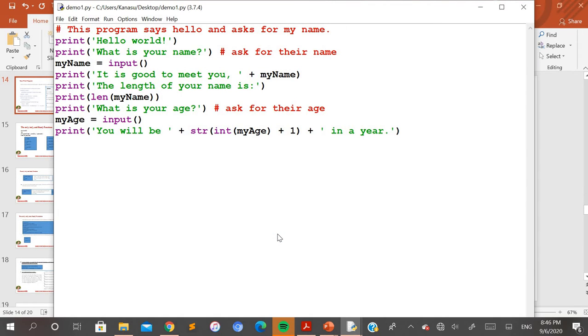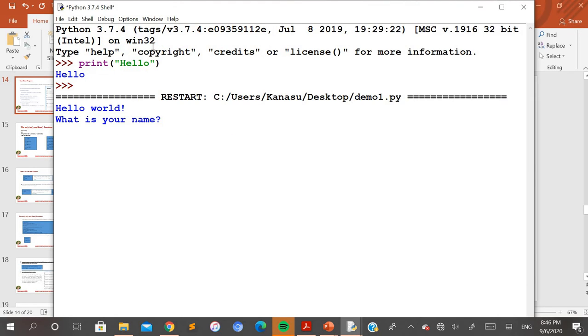So the file is saved. Then next you want to see the result. How to run the program and see the result: the first option is to go to this Run option at the top and click on Run. You can see here the Run Module option, but the shortcut key that you can use here is F5. So click on F5, and you will be able to see the result here.